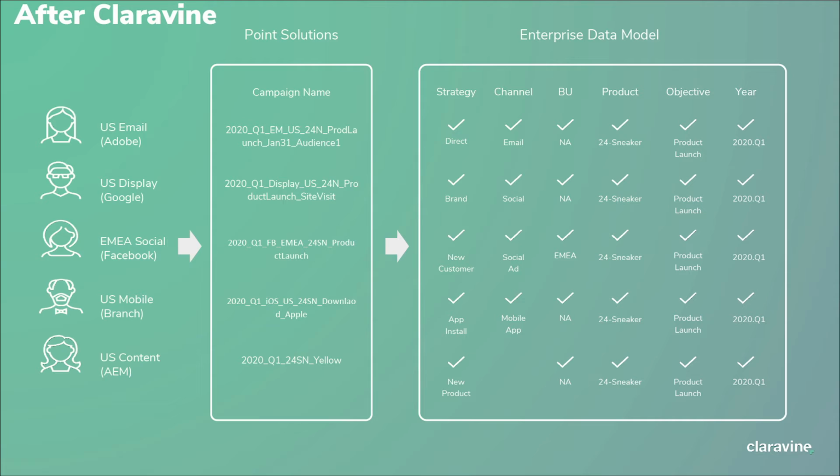And so now we take a look, after that standard's been put in place, all of the naming conventions follow a common standard. They all have the same information that's been provided in the same structured way, and all of the data you can see follows the same criteria. So you have a product catalog, everything's been tagged the same from a product standpoint. You have a campaign or business objective that really doesn't have a place to be stored in any specific point solution, but it's a piece of information that you want to be able to roll up your analytics and understand what's happening around all of the tactics that went into the product launch in 2020 Q1.